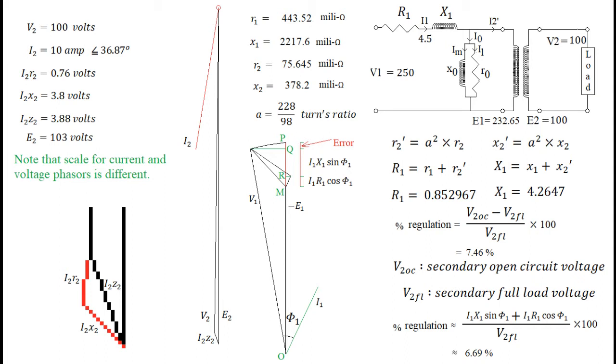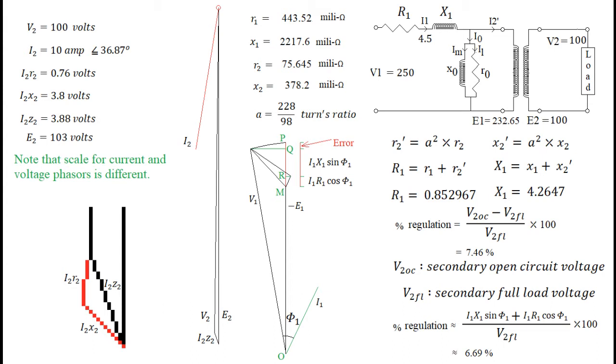Since voltage drops are very small in comparison with voltages and induced EMF, these are shown in expanded form on screen. The situation on the primary side is quite similar to that of secondary phasor relations. We need to consider them in total when we want to evaluate the expression for regulation and the value of regulation.